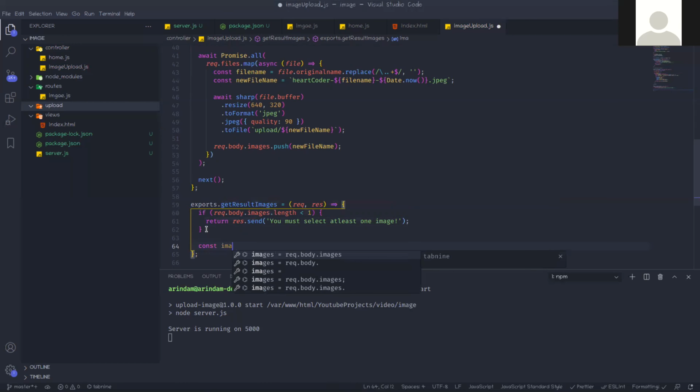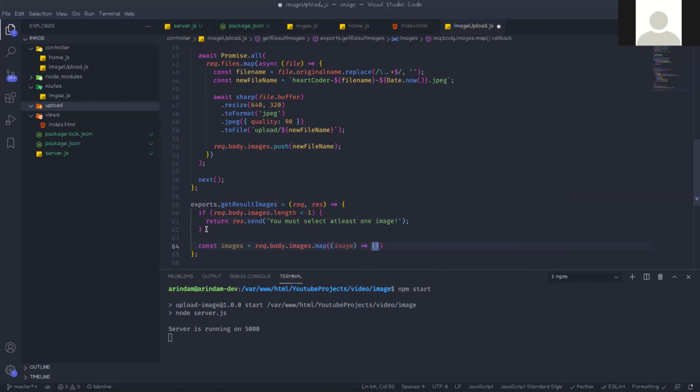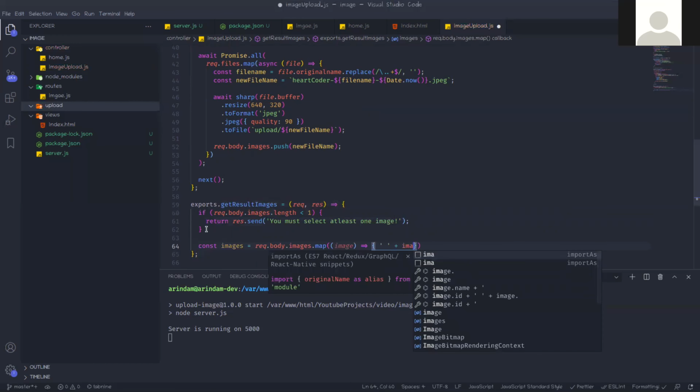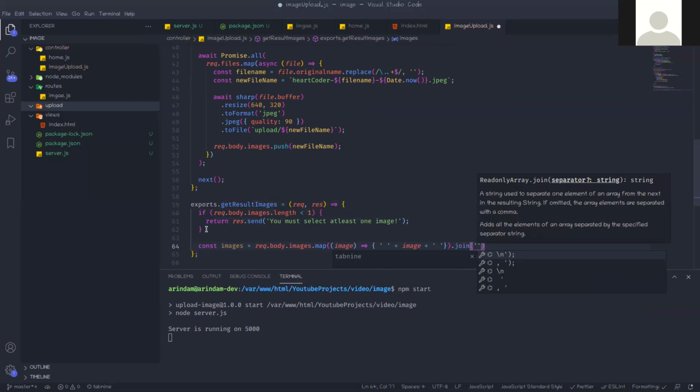So that next line is images, that request dot body images dot map. Again we are using the map function. That image means a single image. Here you can write that image, and then you can join with comma separated way.